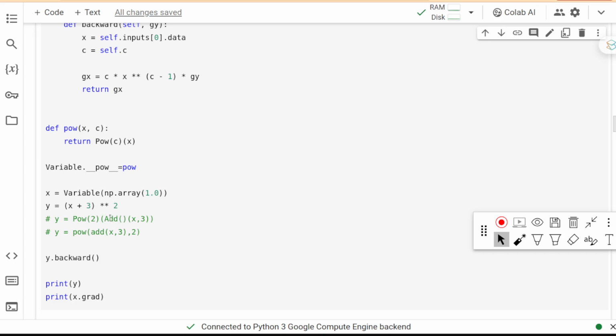So we create an add operator and send s and 3 as its input, and the output of this function will be the input of the power here. Okay, so it will become this way.